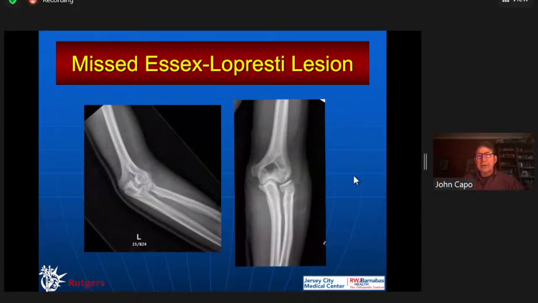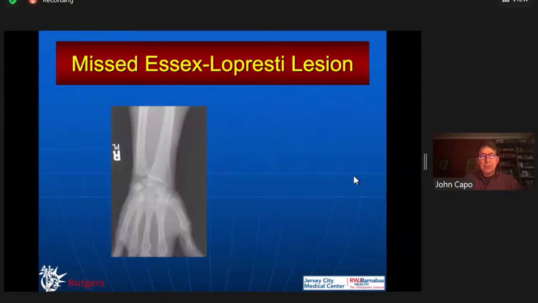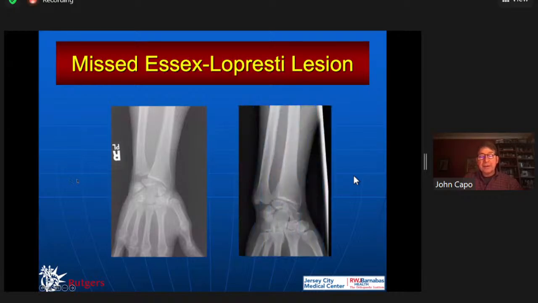The radial head can be subtle, like this angled radial head fracture. You say, well, it's just a radial head, but how much does it migrate proximally? This has migrated more proximally than we can appreciate. Sometimes the humeroulnar joint is off a little bit, and the shaft is out radially somewhat. So make sure that we look at the wrist. This is the normal wrist on the right, and on the left is the affected wrist. The important thing is the radial shaft has migrated proximally, and that's a problem.